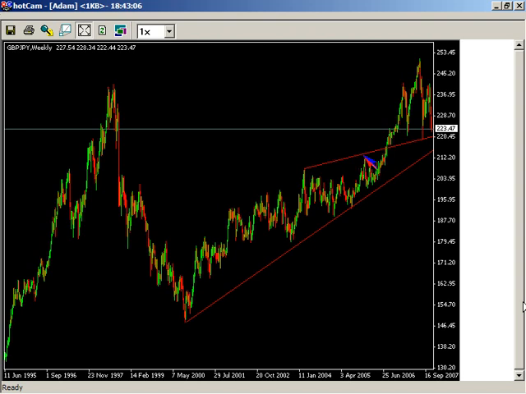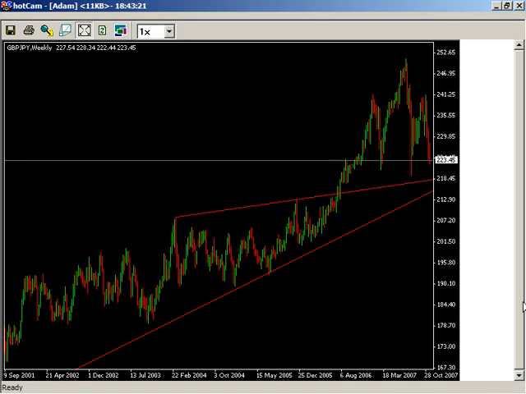Resistance broken. Remember our ceiling. If we explode through our resistance, oftentimes it becomes our new support. And this is the case. This would have picked a very, very nice bottom on cable yen. I'll zoom in one time frame to give you a better idea. It doesn't happen automatically and exactly, but it does give us a very nice rough approximation as far as cable